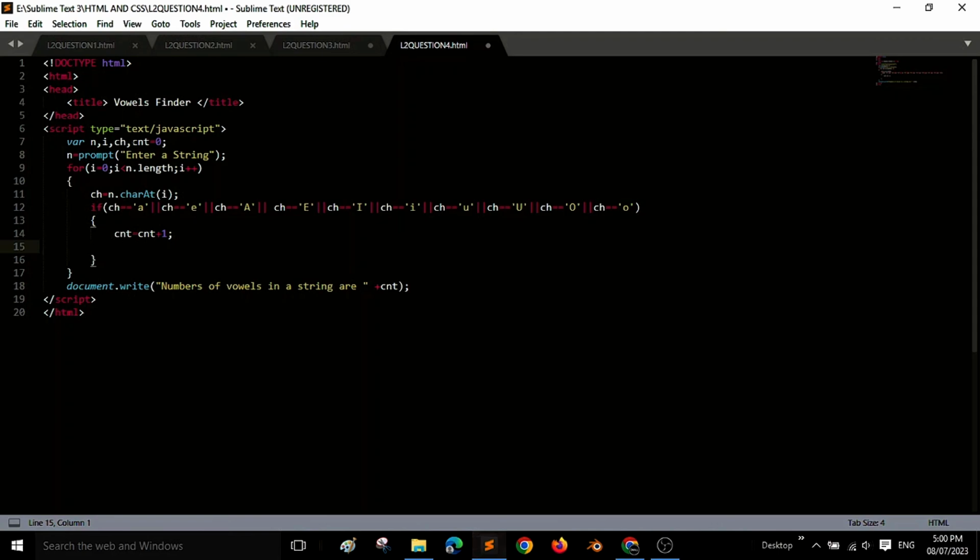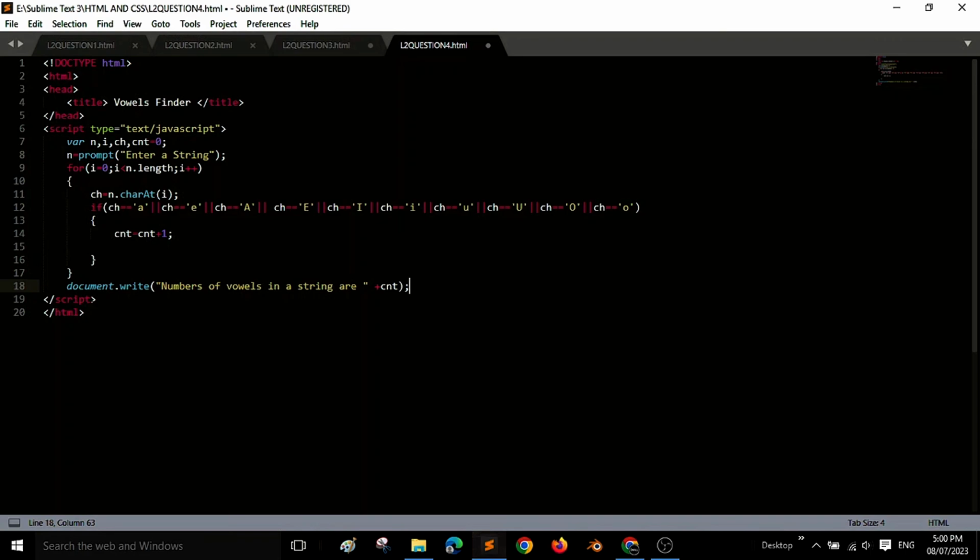The value of cnt, 0 plus 1, is directly stored in the cnt variable here, and we can see our result directly through it. So by pressing the OK button, our result will be popped up like this. Because of this document.write, it will show us the number of vowels in a string.